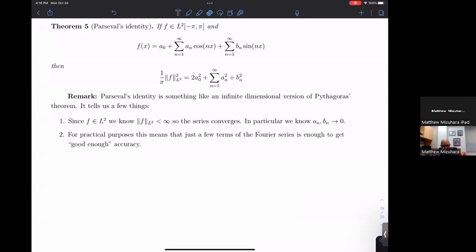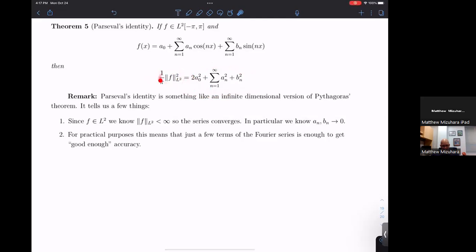So if f is an L2 function, and we'll talk about from negative pi to pi specifically, and f has the following Fourier series expansion. Because I'm talking about negative L to L, I know that my Fourier series expansion should include both the constant term, the cosines, and the sines. Then the following identity is true. So the L2 norm squared of f, divided by pi, should equal